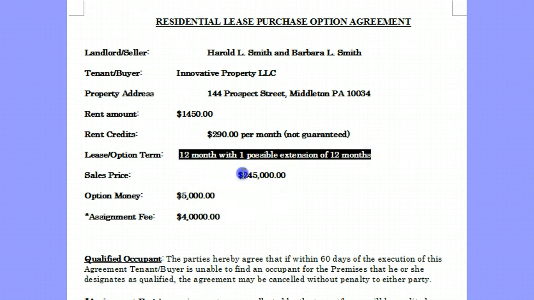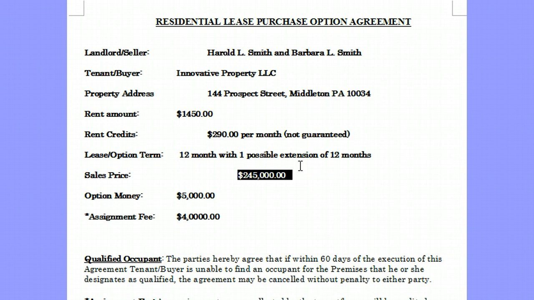And the sales price, let's say you've picked 5 comps, you've thrown out the high and the low. The 3 comps that are in the middle all are very close, plus or minus 10% of the square footage. So we came up with $245,000 as a sales price. Now you can tie the sales price of the property to a new appraisal if you feel that the property is going to be at a higher amount down the road. Option money in this situation is $5,000. The assignment fee is $4,000 where the seller